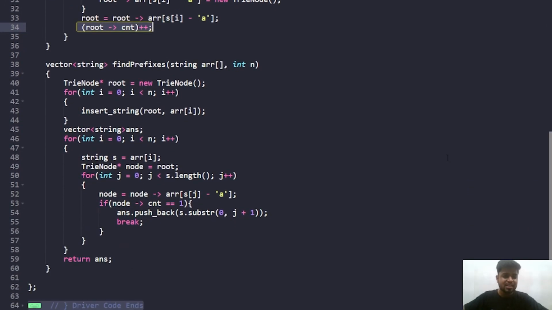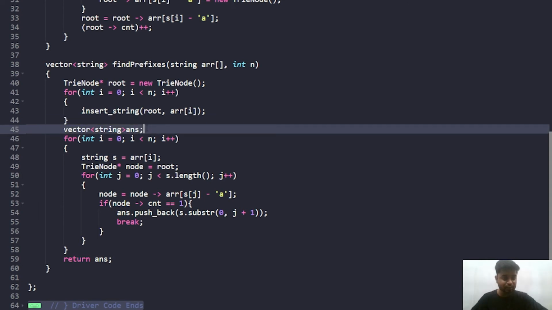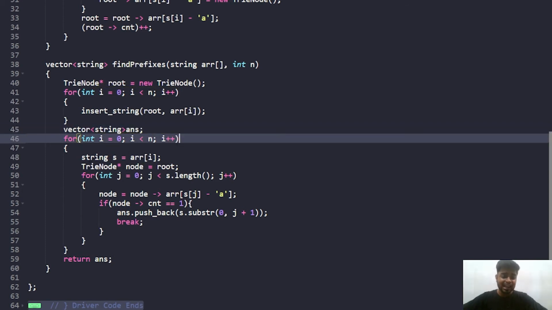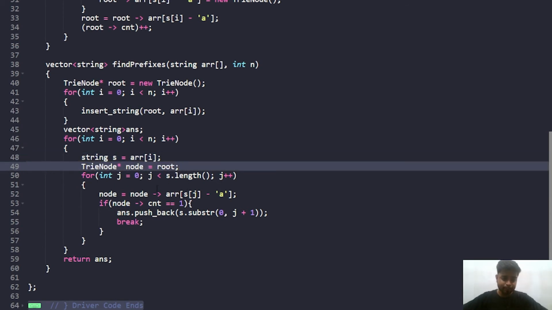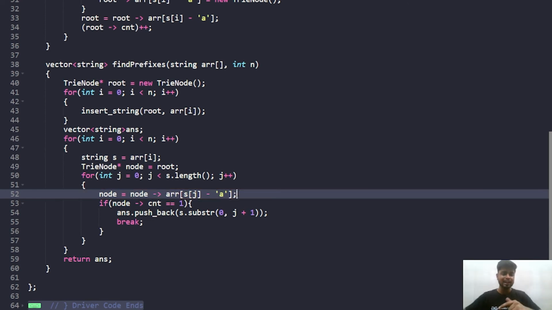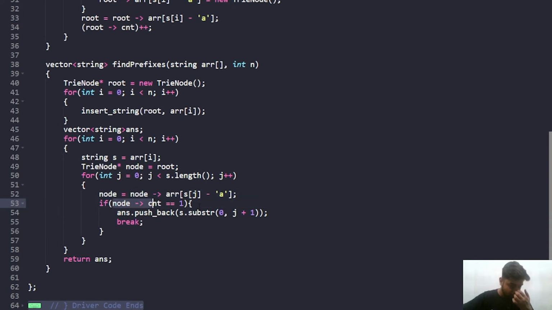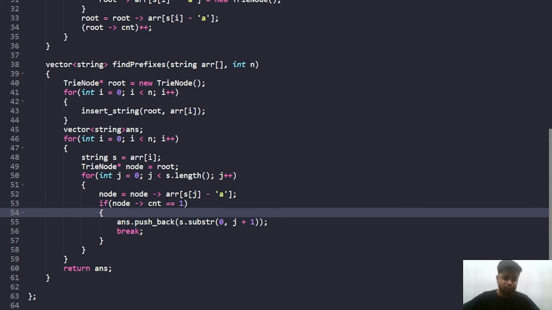Then after we have performed the insert operation in the trie, I'll have a vector of strings called answer that will contain the answer. I'll traverse again for each and every word, and initially for the ith word I'll start from the root. I'll keep on moving my current node one by one throughout the trie, and the moment it happens that a particular node of the trie for the jth character